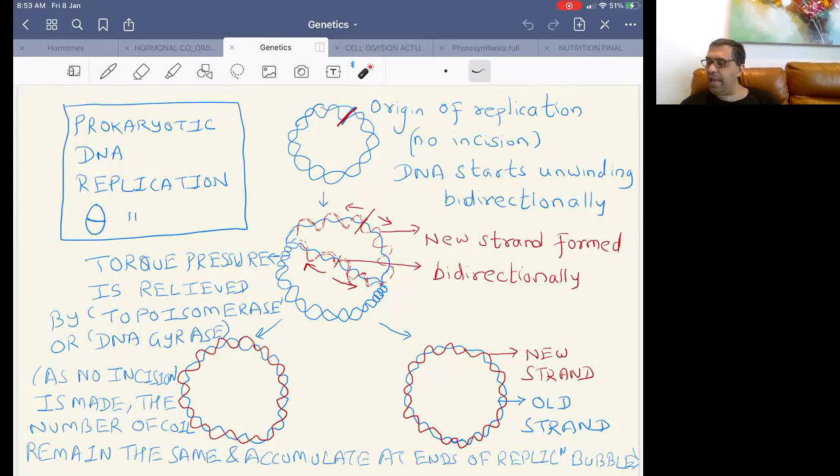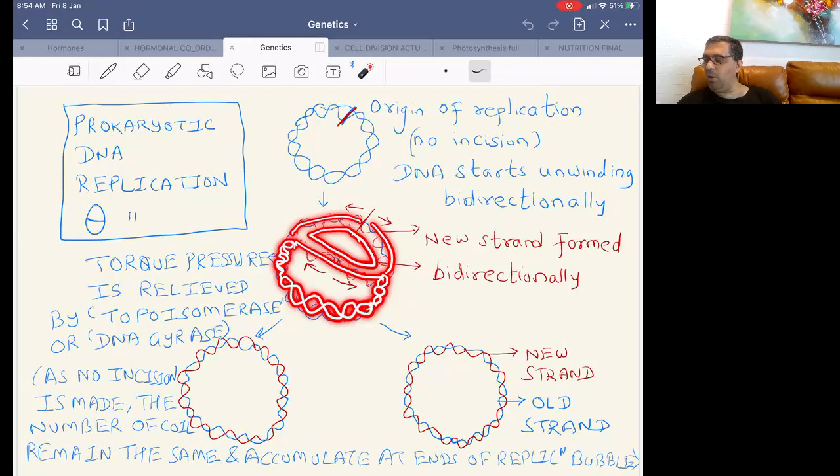So, if we see this carefully, ये है strands और ये है strand, और इनके बीच में बनता है a bubble called as replication bubble. And यहां पर coils come very close to each other. ये पार्ट में नॉर्मल कॉइल है, ये पार्ट में नॉर्मल कॉइल है. बट जैसे ही रेप्लिकेशन बबल बड़ा होता है,